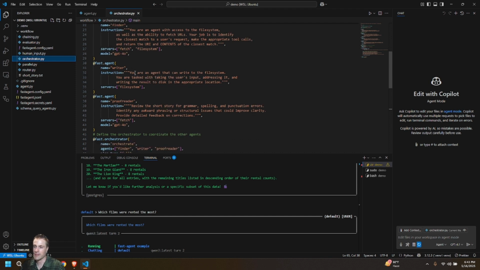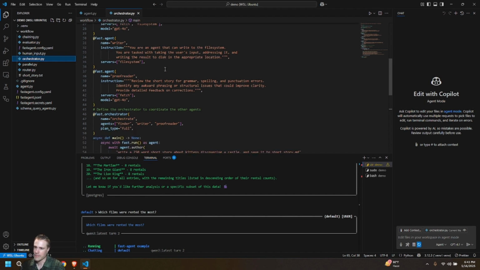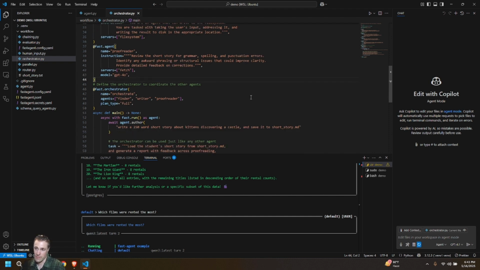We have a writer. This is not a word writer, this is a file writer, so it will write the output to a file. And then we have a proofreader. So this is kind of the brains of it. These are the agents that will check for grammar, spelling, punctuation, continuity, all sorts of things, and offer feedback and correction. And then, so instead of just having all those agents out there doing whatever, we have an orchestrator